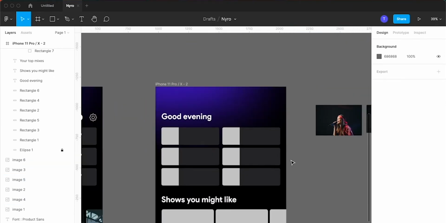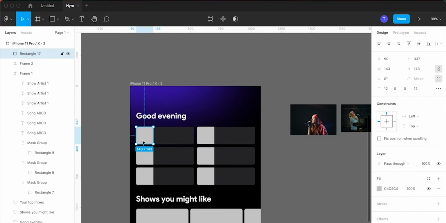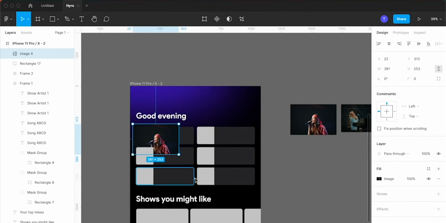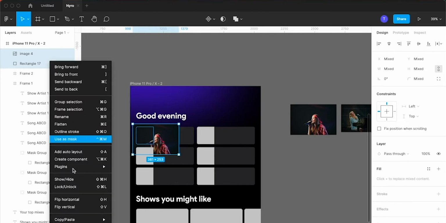To fit these images, just select the required image, press Ctrl or Command C on your keyboard, then select the required placeholder box and press Ctrl or Command V. As you can see, this image is now over this placeholder box. We just need to select both the layers, right click, and select Use as Mask.